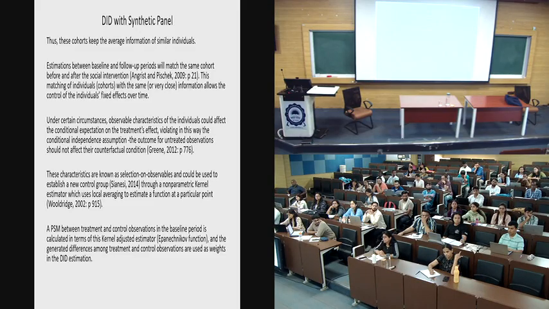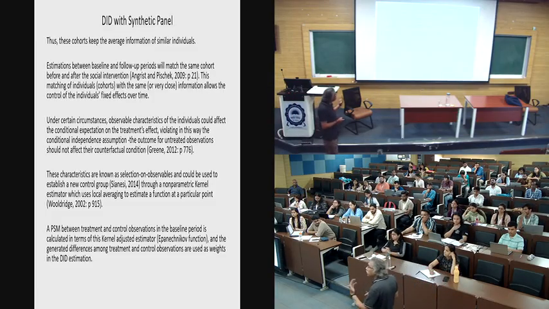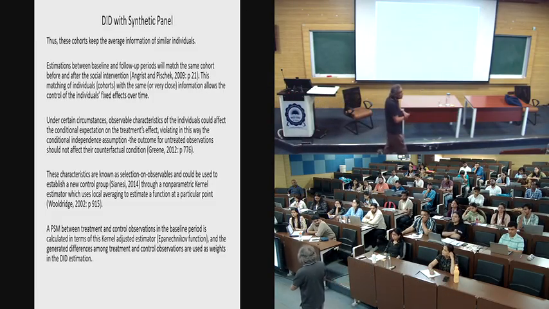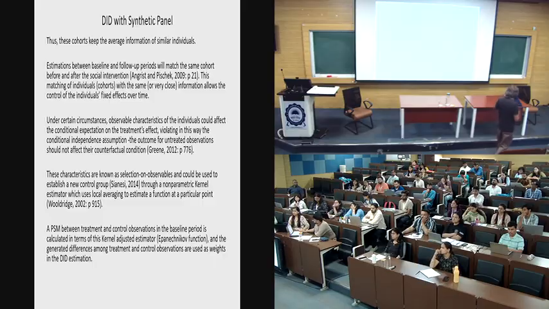same way. So by controlling for cohort-specific effects, I am controlling for those individuals lying in a particular cohort, right? So in some way you can think about it. Observable characteristics of the individuals could affect the conditional expectation, which is a very critical thing, violating this way the conditional independence assumption. Why? Because certain characteristics of the individuals can impact the conditional expectation of the treatment effect. So the way you want to think about it, if that gets affected, then what would